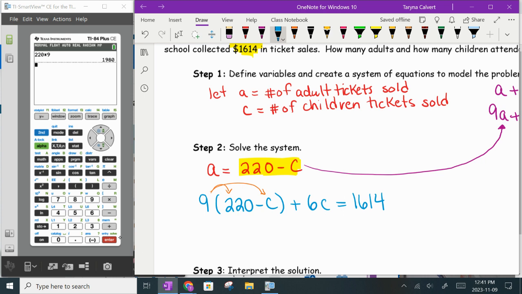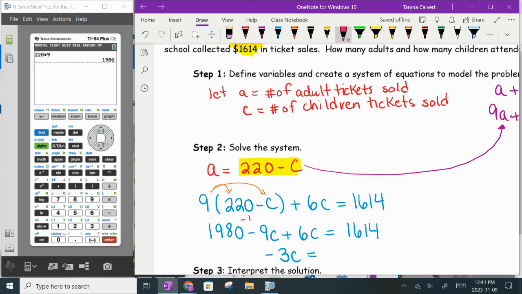So we have 1980 minus 9C plus 6C. If we just take the constant over, we're going to be left with a minus 3C on the left-hand side,